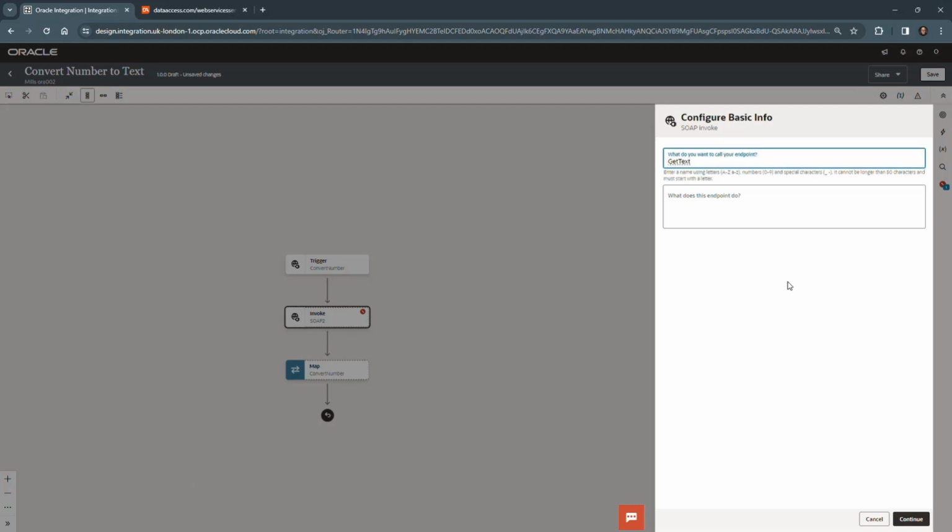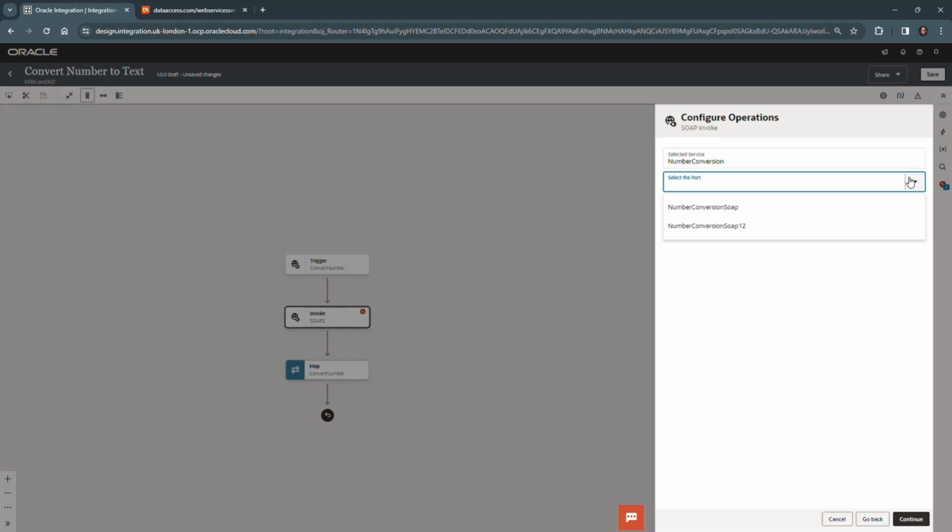In the real world, I'd be spending more time coming up with meaningful descriptions for all our endpoints, better for documentation down the road. All right, now that we have that, let's go ahead and select, this is based upon a WSDL now, so this real service has one or more ports. In this case, it has two of them. The instructions say to select the